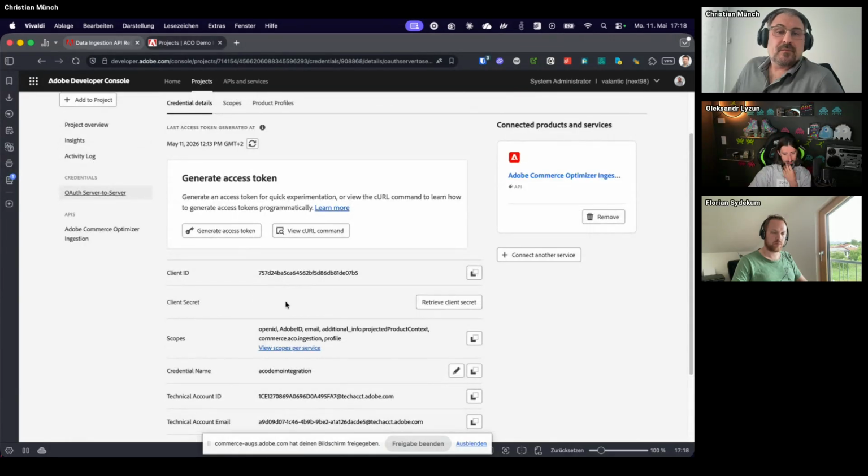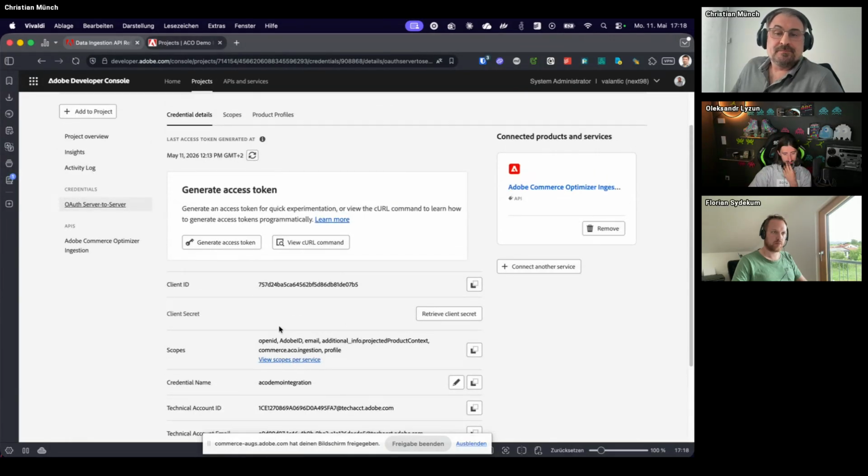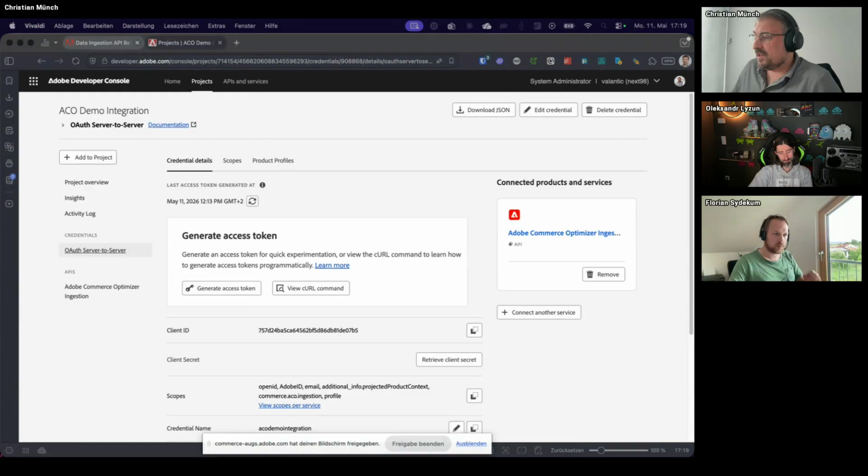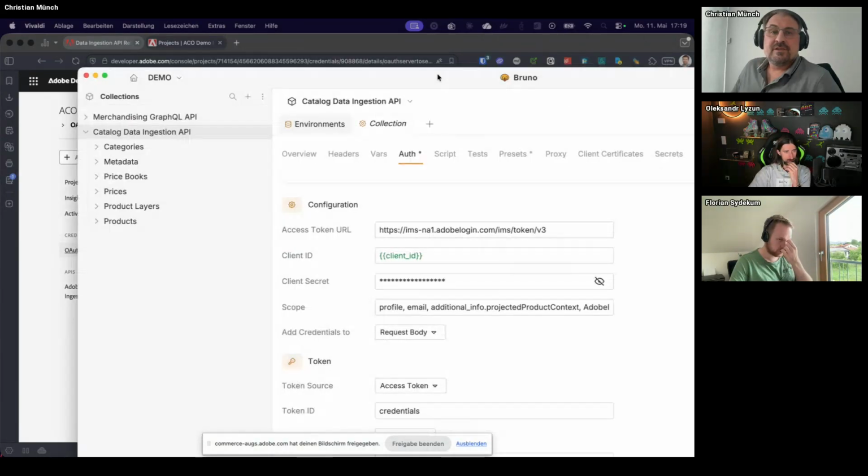And we need the URL to the token endpoint where we can get a token. I have configured that here in my Bruno HTTP client.